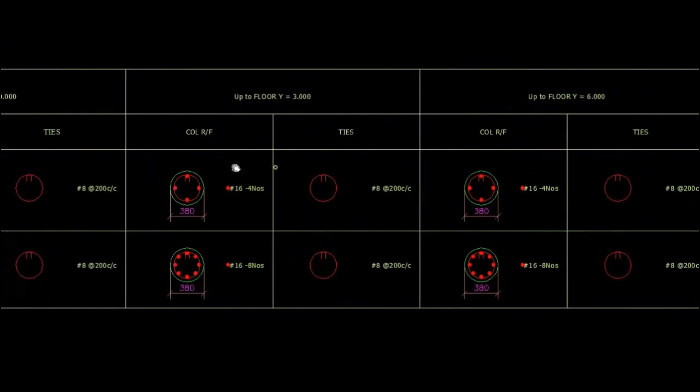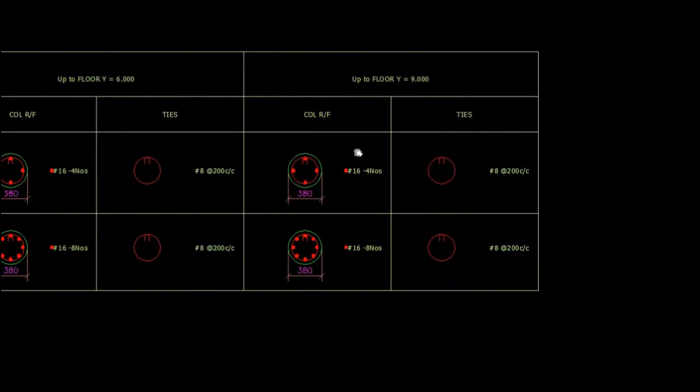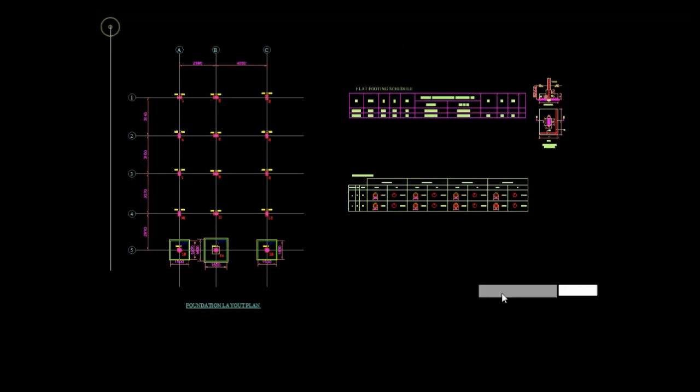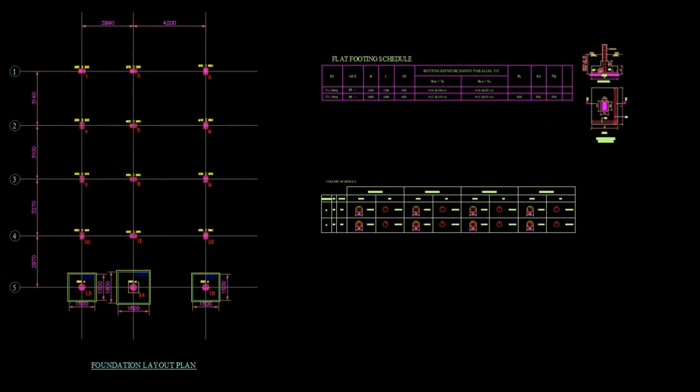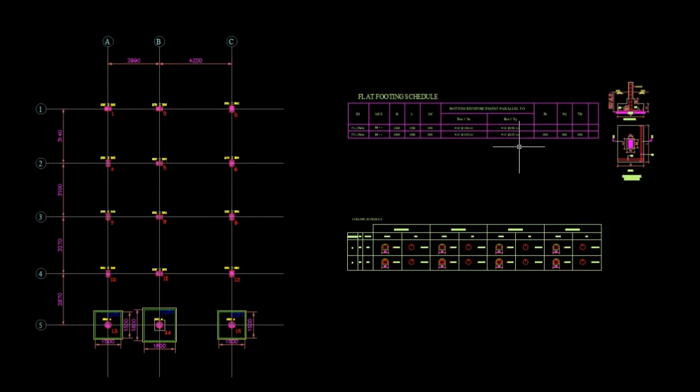It will show for all the floors: 3 meter, 6 meter and 9 meter. This is the final footing layout, footing schedule and circular column details. Like this we can generate n number of column and footing details within a short time.